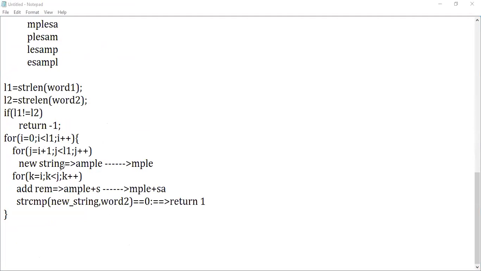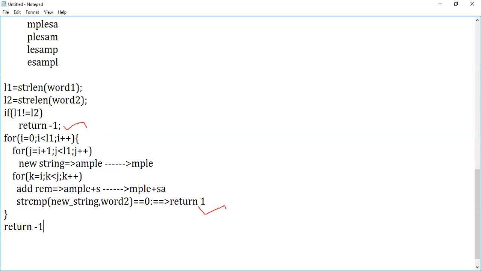How to do it? Whatever I did here, is it clear for everyone? I've given a skeleton alone here, showing when to return -1 and when to return 1. If it is not returning 1 throughout the program, then after coming out of it, we are supposed to return -1.